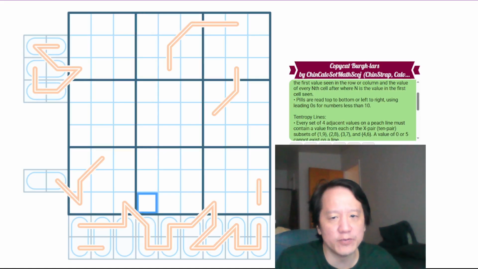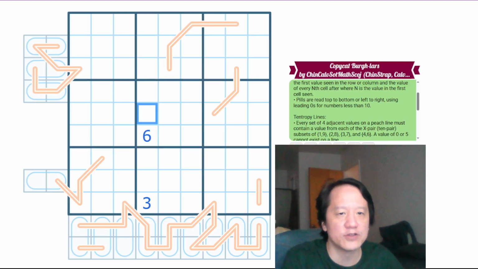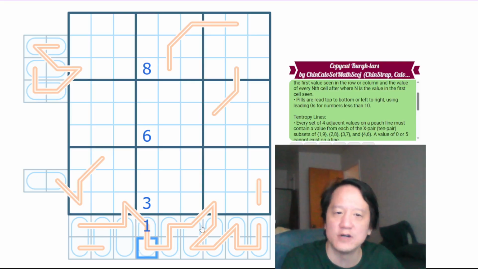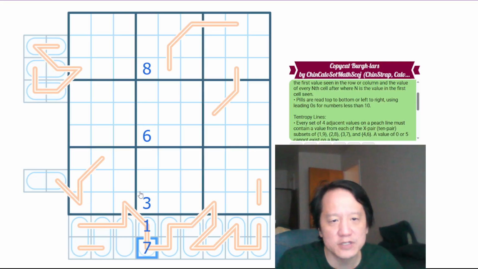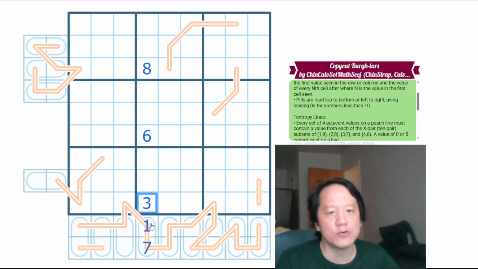Or if we had 3 here, that would be every third digit. So this would be equal to the sum of the first cell plus every third digit. If you had 3, 6, and 8 there, then this would have to be 17, right? 3 plus 6 is 9, plus 8 is 17. So if these were the digits in column 4,